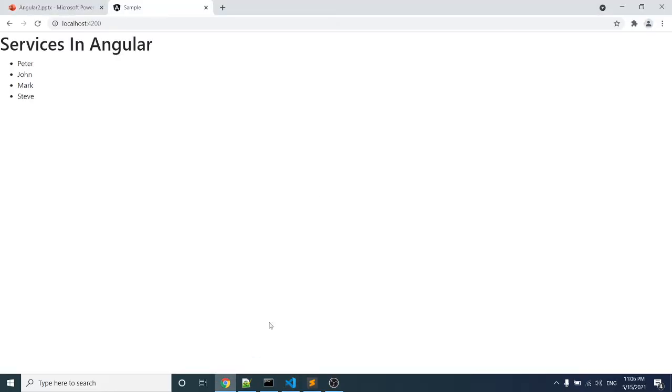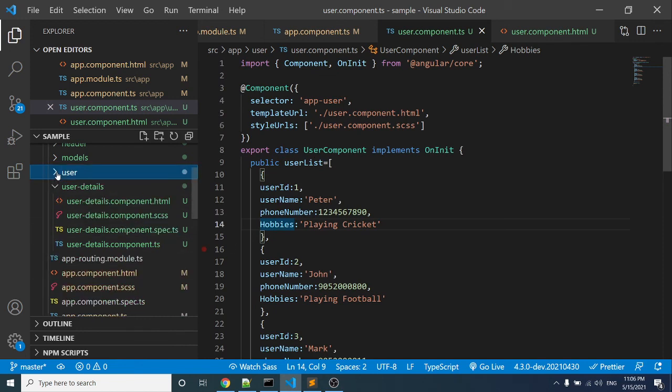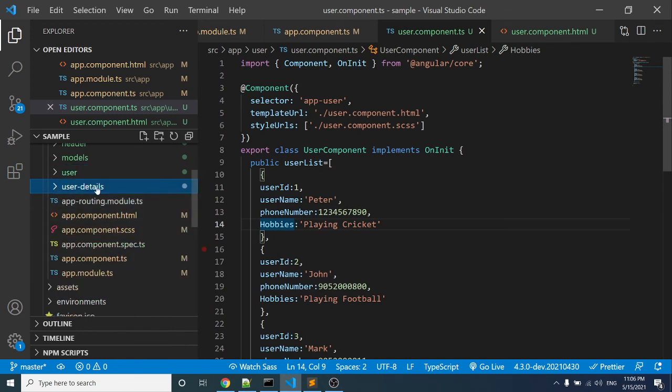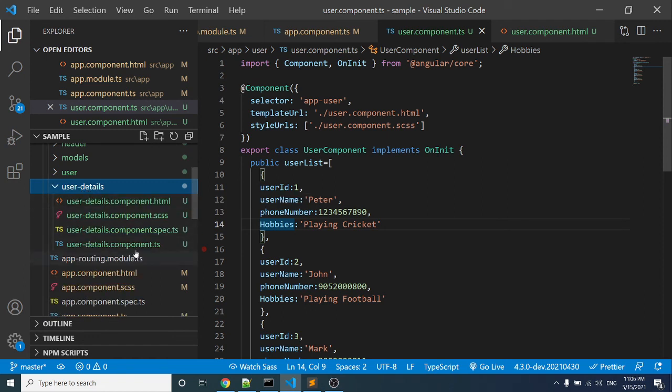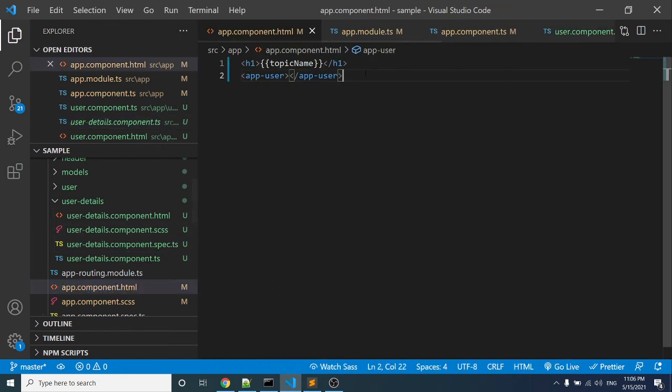How will we do that? These are two different components, so let's include the user details component inside the app.component.html. Let's copy this selector and paste it inside the app.component.html.